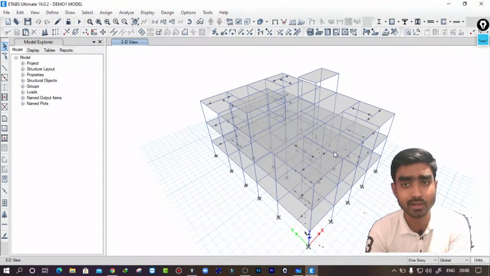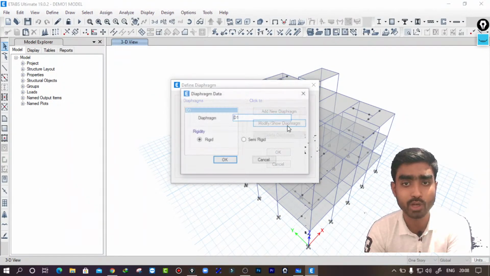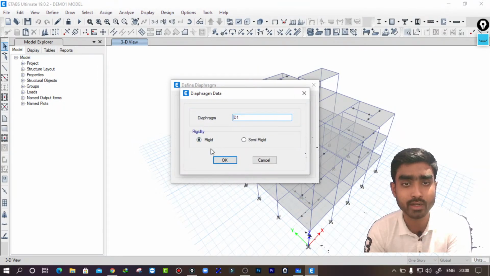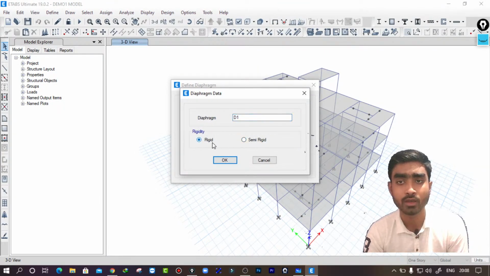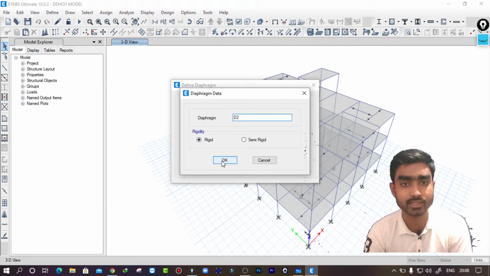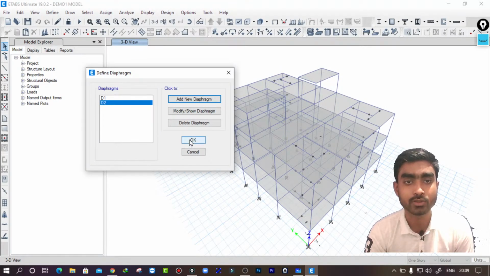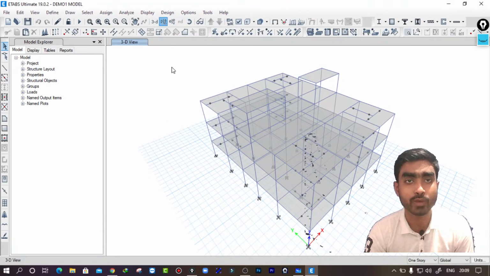It is a simple building. So I'll go to define, and here you can see the diaphragm D1. If you modify this D1 diaphragm, you can change it to semi-rigid also. For now I am going to assign the rigid diaphragm, click on OK, and I will create another diaphragm here, add new diaphragm D2, rigid. Now why I have created this D2, I'll explain in a while. So click on OK. Now let's go to any plan view